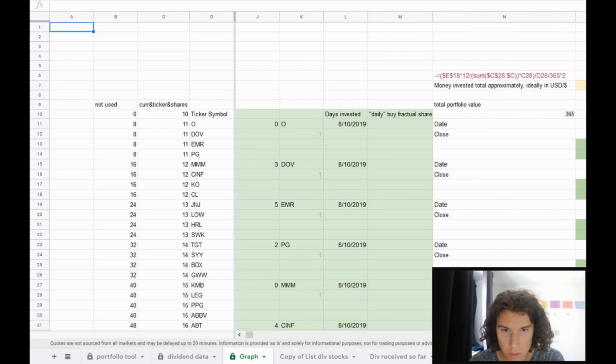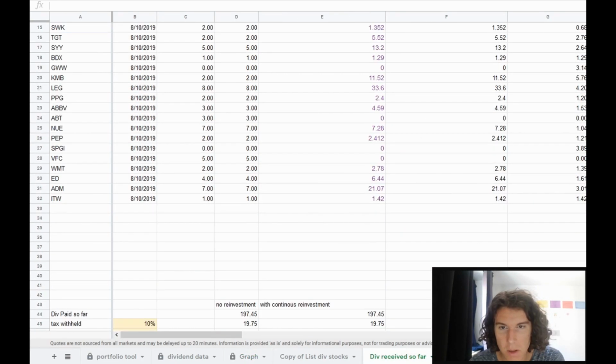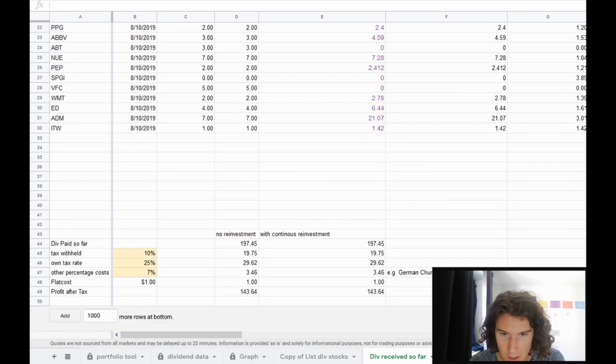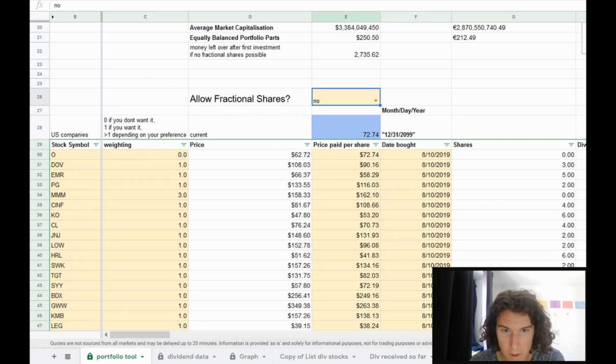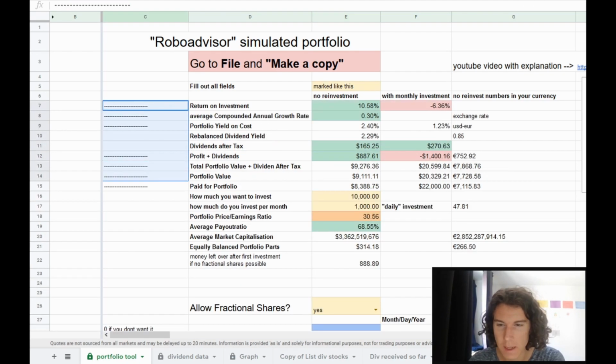So it also regards the exchange rate now, if it's in euro, for example. And you get a new graph about the profit and about dividend received so far. I edited the continuous reinvestment. If we go back to allowing shares to be fractional, and we invest like 1k a month, and if we